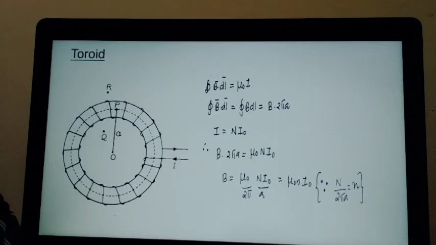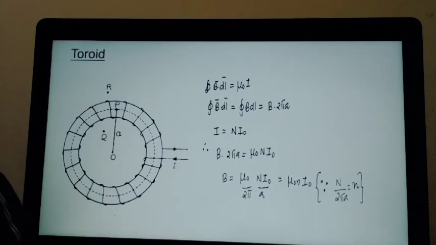This is very similar to Gauss theorem in a spherical shell. In Gauss theorem in a spherical shell, when you consider an inside point, no charge is enclosed by the Gaussian surface. Similarly, when you enclose an Amperian loop inside the toroid, it will not enclose any current, since all the turns are outside that Amperian loop. So inside the toroid also there is no magnetic field, and outside there is no magnetic field.